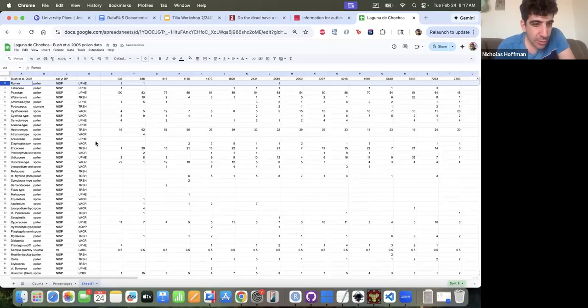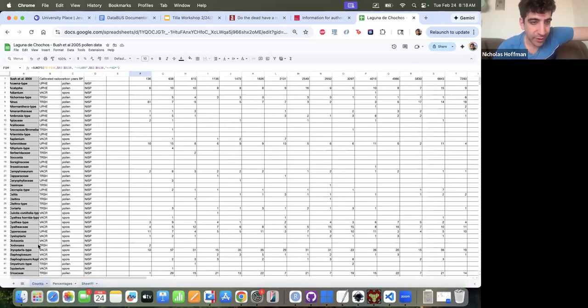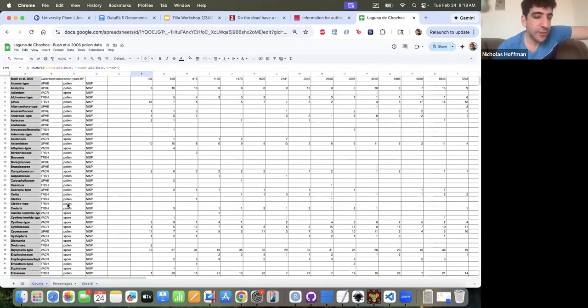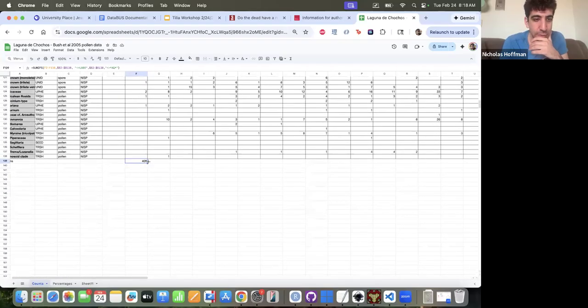The first thing that we want to do is convert these counts into percentages. In order to do that, we need to calculate pollen sums by depth first. I did paste this stuff in a little bit earlier, and I'm going to use this version of the spreadsheet just because I have some formulas embedded in here already. The important one for this is